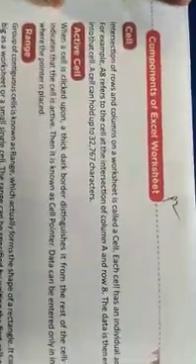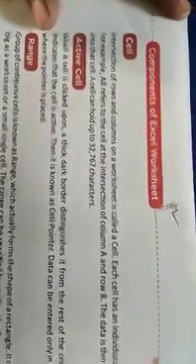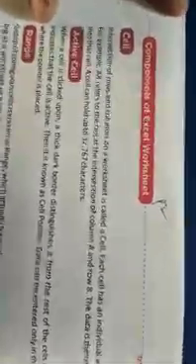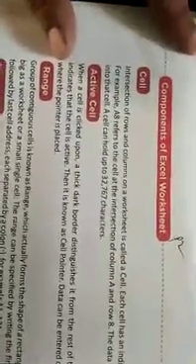First is cell. What is cell? Intersection of rows and columns on a worksheet is called a cell. Each cell has an individual address. For example, A8 refers to the cell at the intersection of column A and row number 8. The cell formed by the intersection of column A and row number 8 has the address A8.